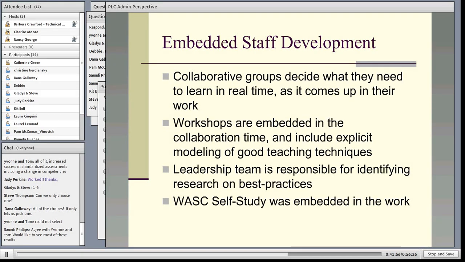So moving forward, the other thing I wanted to talk about in terms of professional learning communities and supporting them as an administrator is the idea of embedded staff development. One of the things that we had to really be clear with our staff about was that this wasn't one more thing, that it was really a way of shifting how we did staff development. And so our staff development now, after years of working on this and really refining and getting better, is really directly connected to the professional learning community work.